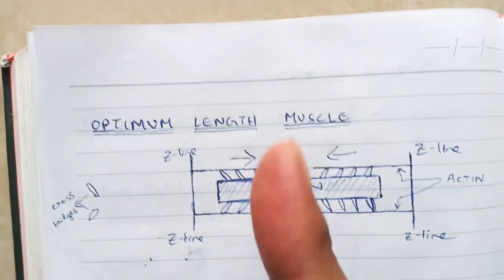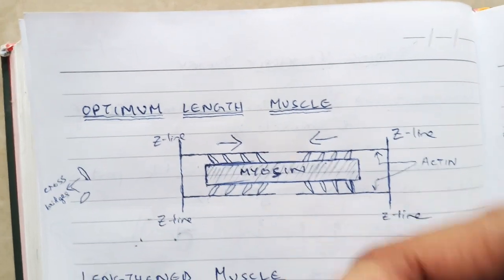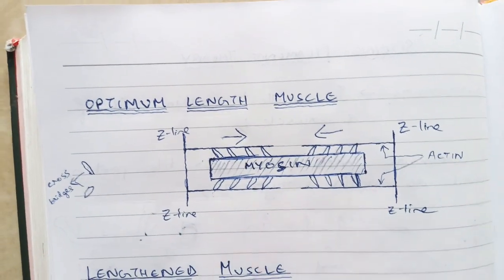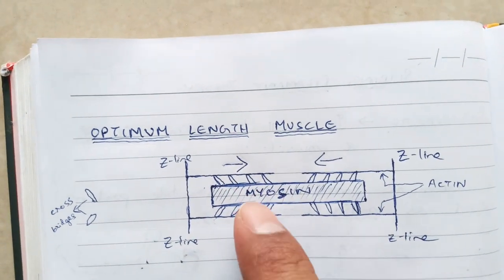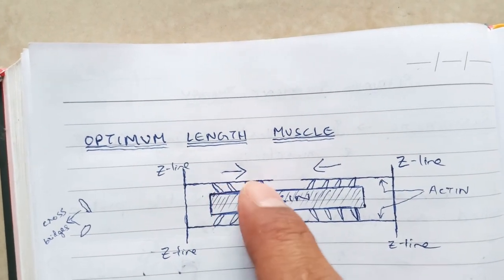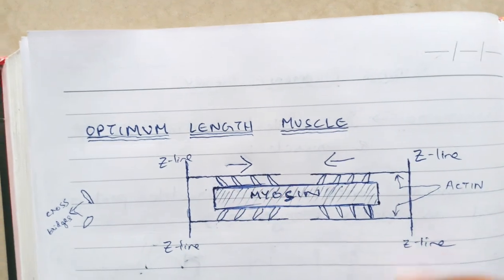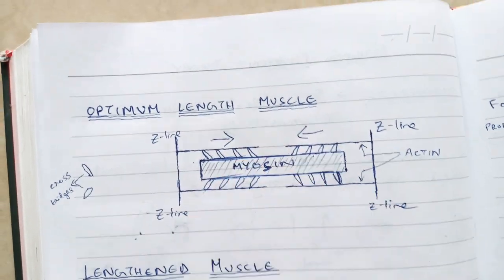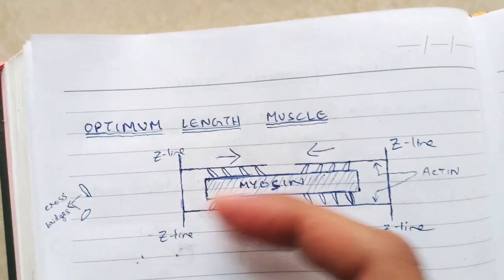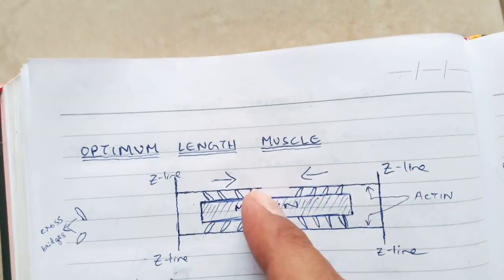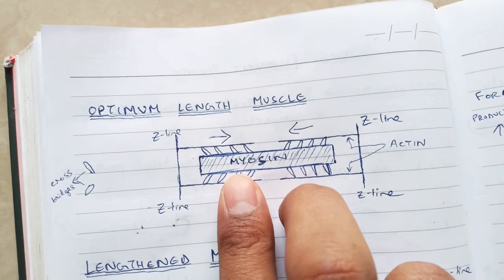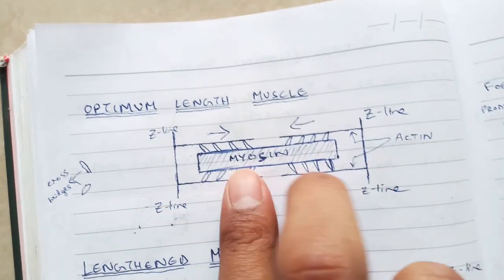If these four people are trying to flex like this, imagine I am trying to row a boat, right? So these are rowers. There are so many people trying to row that boat. If all of them are trying to row that boat at the same time, imagine how much force production will be there. So all four of them are pulling this in this direction. All four of them are pulling this in this direction. So how fast will this contract and how much will be the force of this contraction?